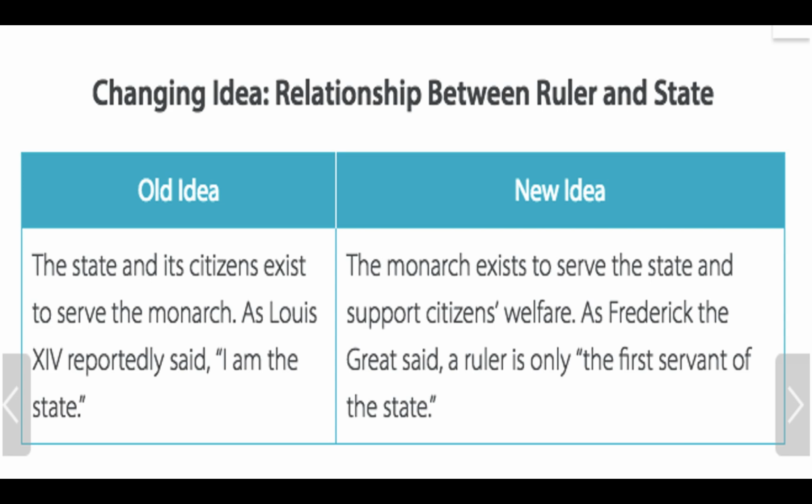And so in this understanding of government, these monarchs believe that the state and themselves exist to support the citizens' welfare. So essentially, as Frederick the Great said, I am the first servant of the state. Whereas Louis XIV said, I am the state, right? So it's a very different idea there, a very different outlook on how government should operate. And this is a result of the Enlightenment, right? Its dramatic effects on